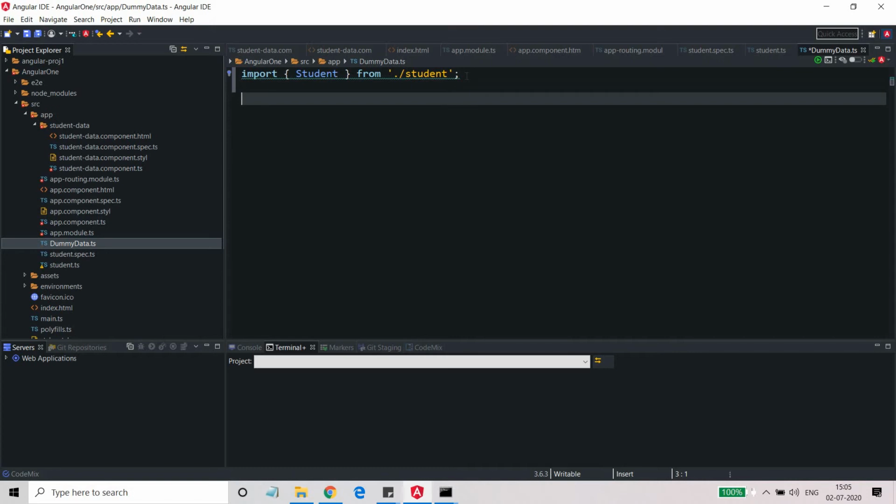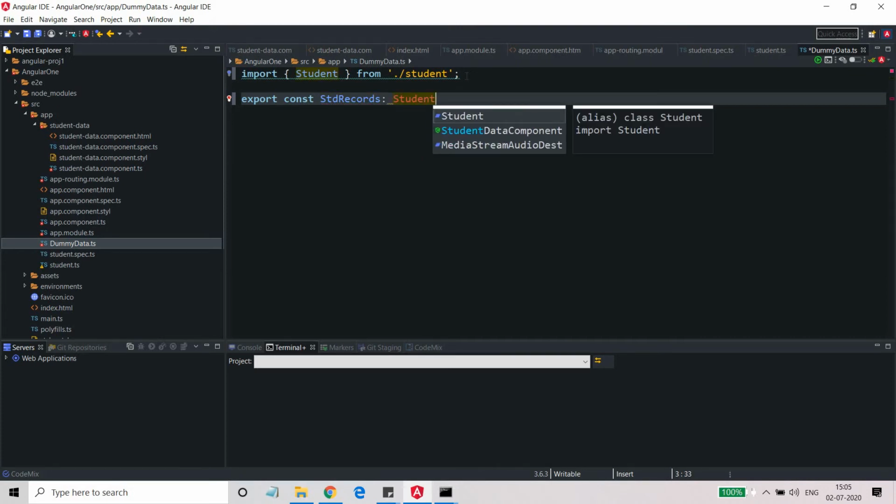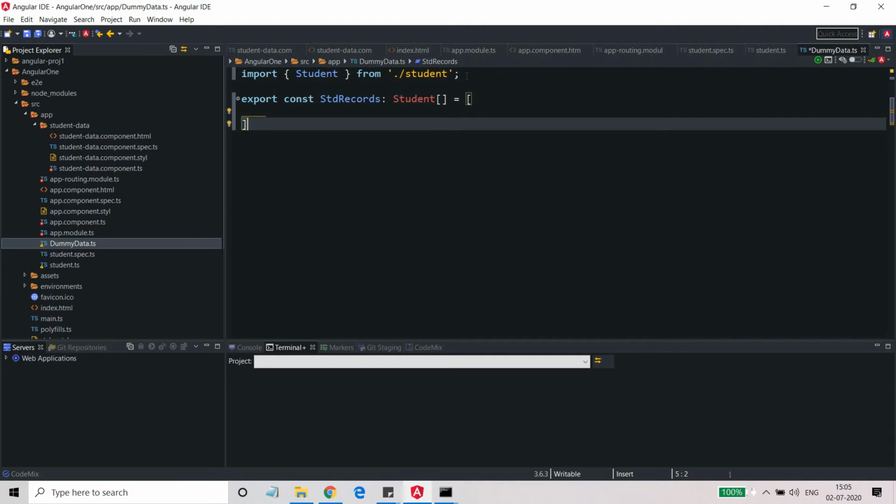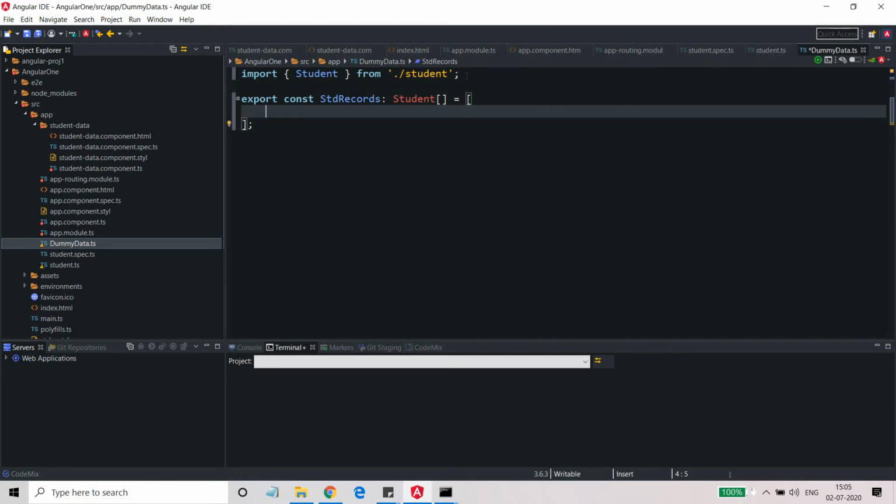Now we can write export const std records, of type student array, and now we are going to create new records.